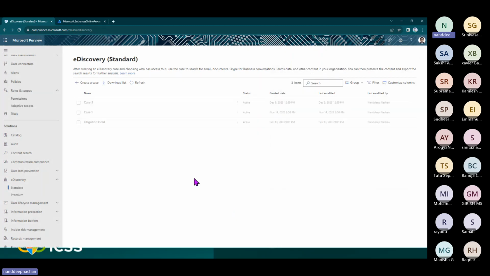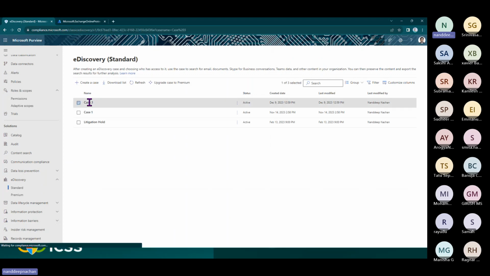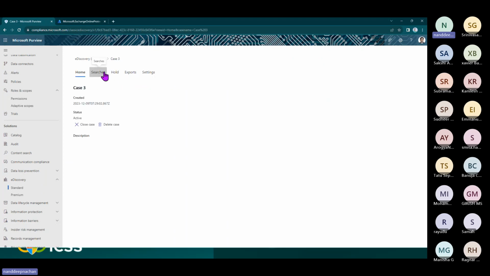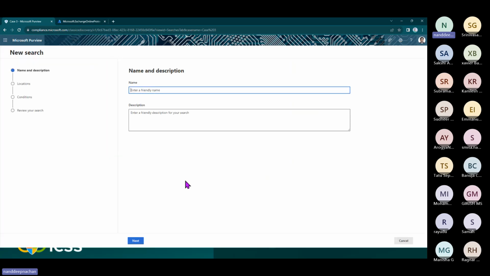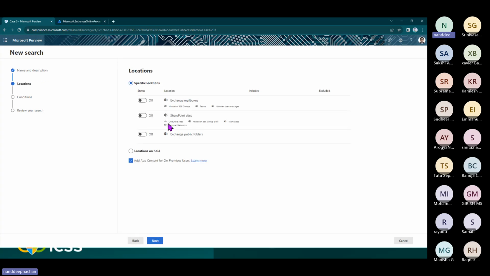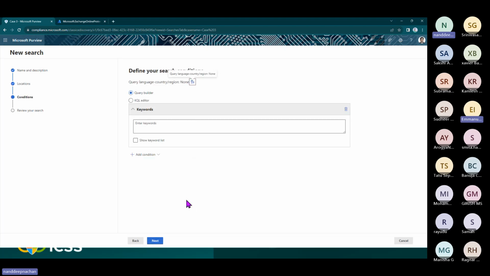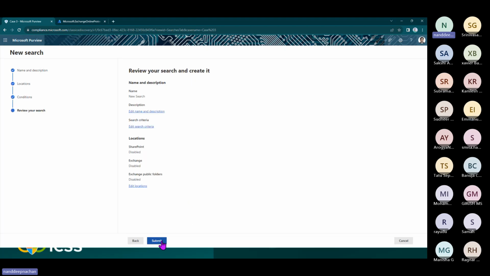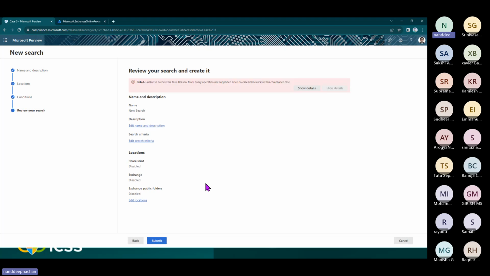Once you click here, the next thing is for you to open up that case and do the searching. All of the searching that we have done so far in the content searches, we should be able to use here. So I will just call it a new search, and then we can click Next. Again here we need to specify all of the locations, maybe a SharePoint location, or a location which is already on hold from the first thing that we have seen. And we can just click Next, Submit,